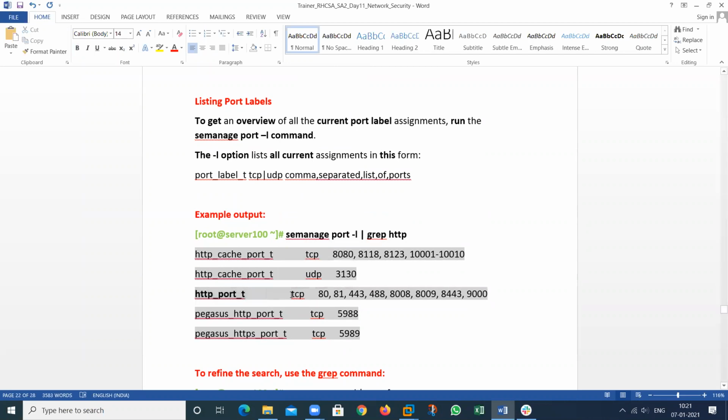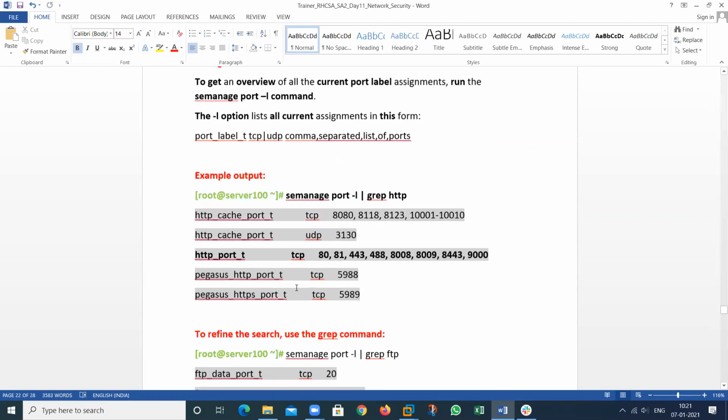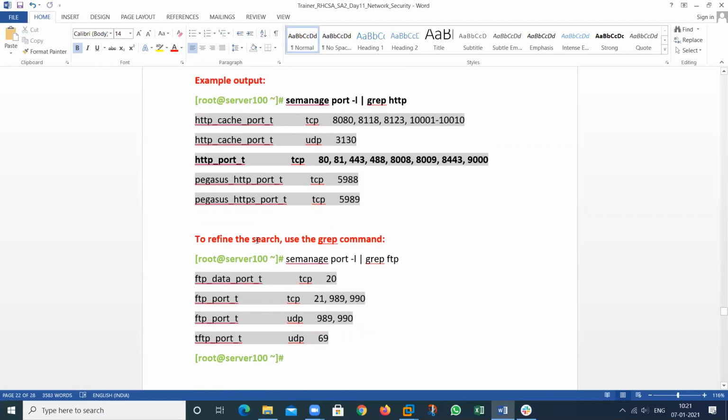What are the TCP ports allowed? These are 80, 81, 443, 488, 8008, 8009, 8443, 9000. These are the ports that are by default allowed in the SELinux policy. How to refine the search? Suppose I want to search only this particular port.